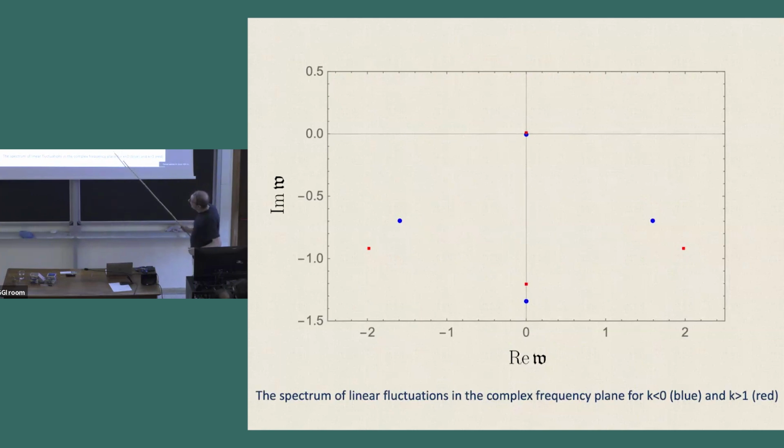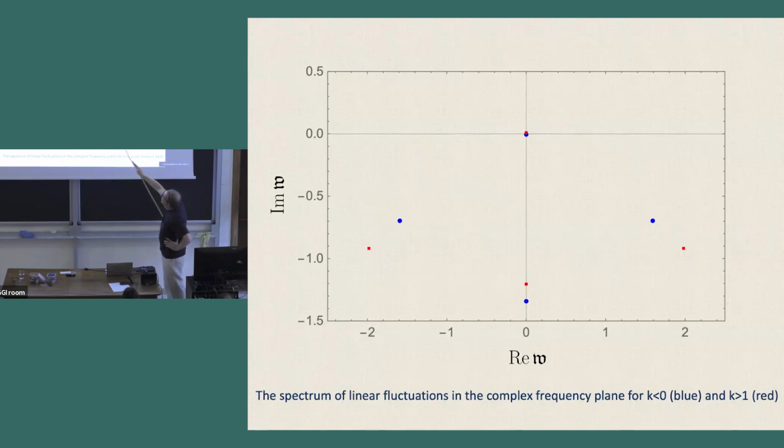And here it is shown for two values of kappa. Sorry, this is a typo. So this is supposed to be kappa less than 1, and kappa greater than 1. Kappa less than 1 is shown in blue, and kappa greater than 1 is shown in red. So we focus on the hydro gapless mode. It's not very well visible because of this small q. We have to keep it small, but I will show a different slide where it will be more transparent. So what happens is that our hydro mode, numerically, from this set of equations that I showed on